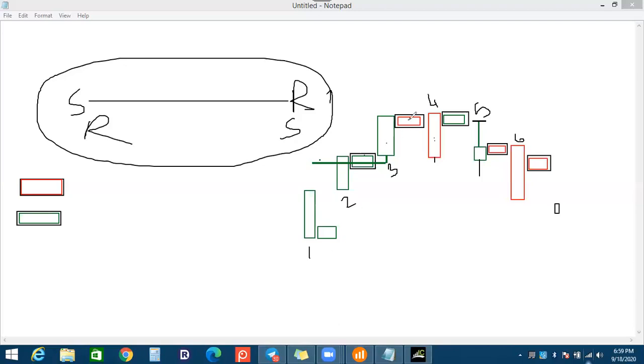This is a point of control. It's not a candle, it's a point of control. So this is candle number 3, and number 4 is a candle. Is it suggesting an engulfing candle? Each and every engulfing candle has a retracement. So this is a retracement candle.